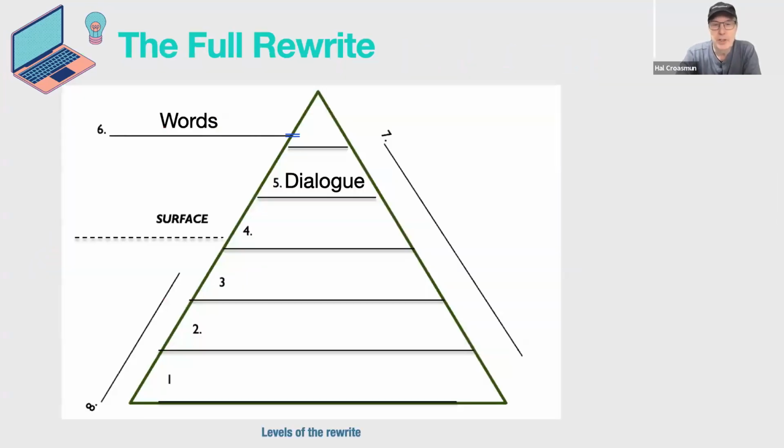Now, let me just show you how I think about rewriting right now. If you look again, the model that I had just used showed up in steps 5 and 6, right? It's the words, the dialogue, and the description. But there's much more to it. And this is what I found out from those producers. It was missing steps 1 through 4, steps 7 and 8. So these are the ones that actually changed everything for us.